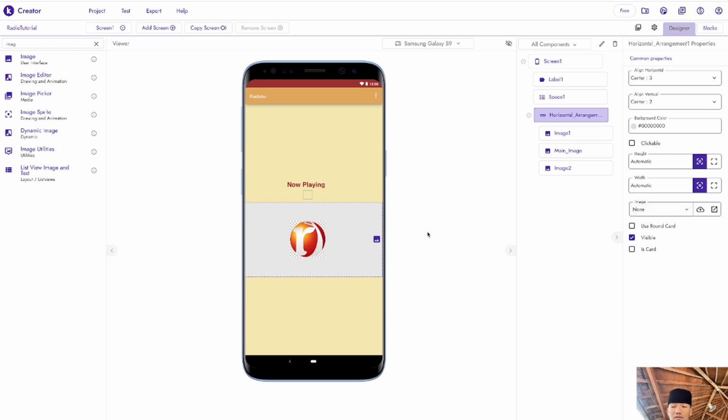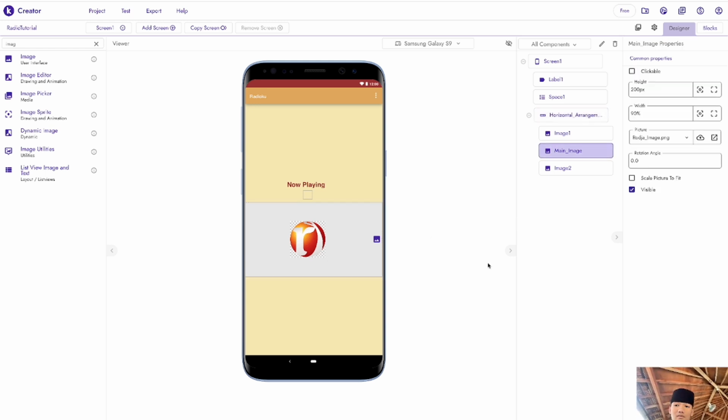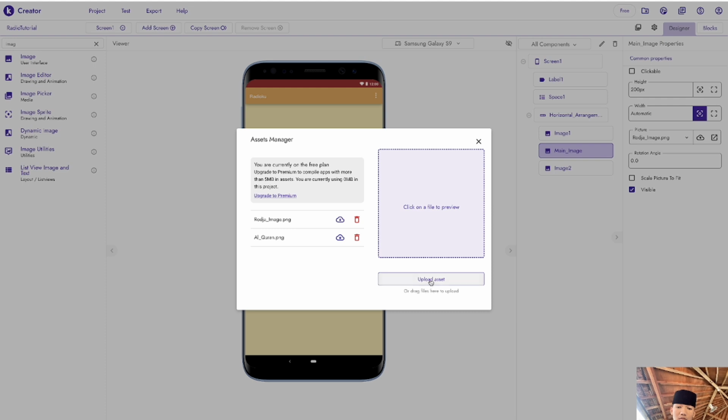After that, we're going to change this one first. So all perfect. Wait, I think it's the wrong asset.